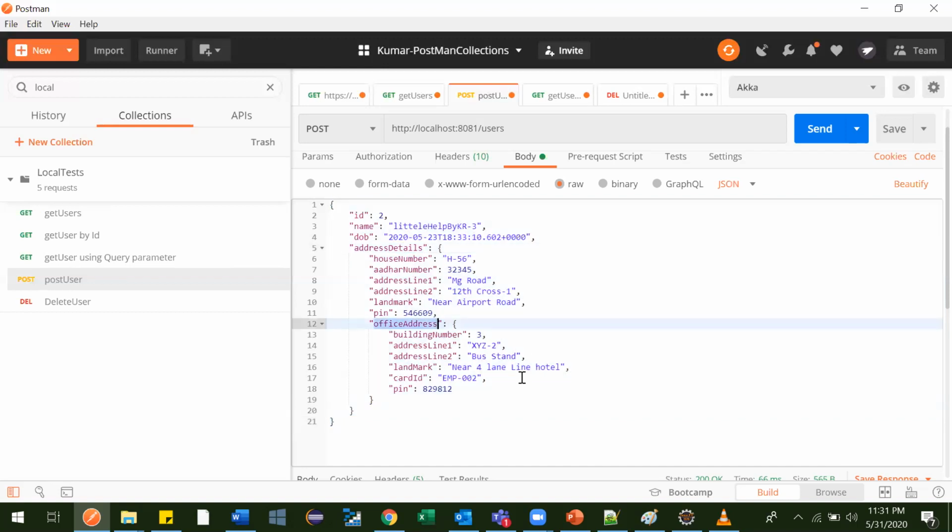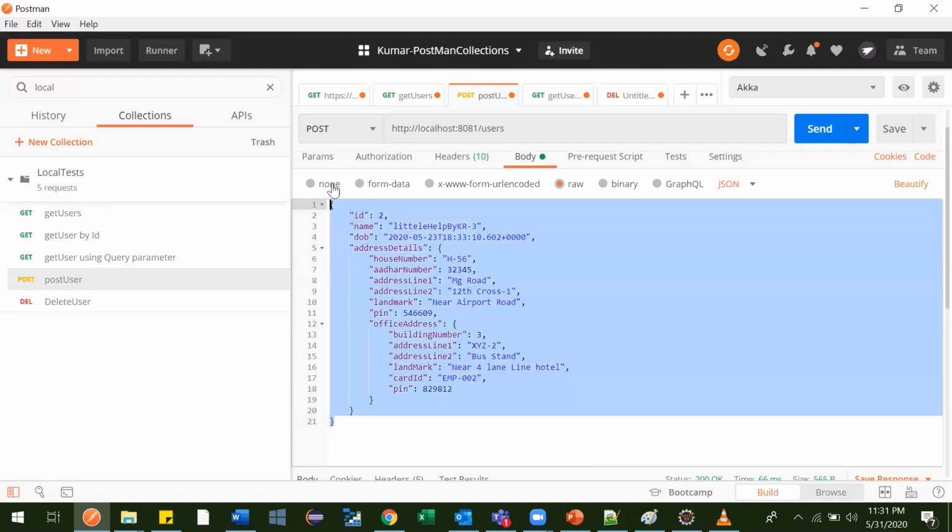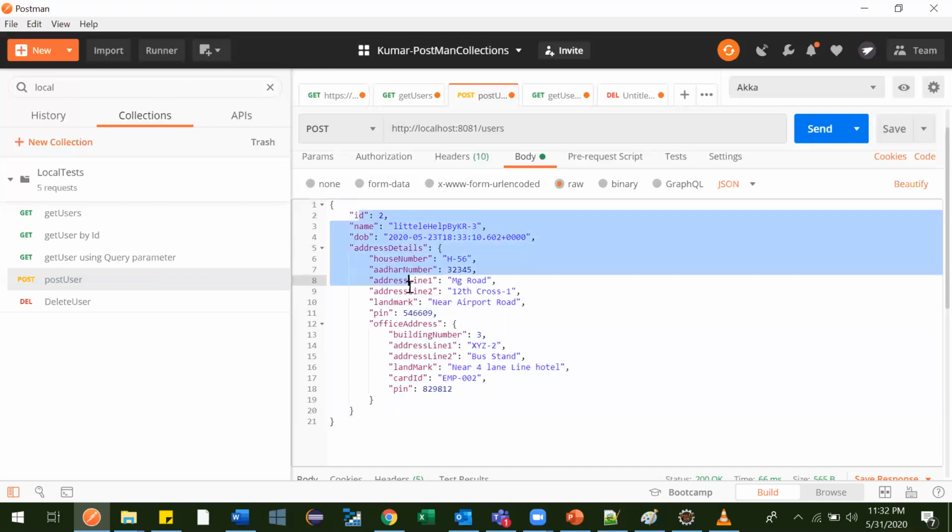Now you will be wondering how we will get to know that we need to send data in this format only. We need to create one JSON object, a sub JSON object, and then create another object inside that object. So these details the developers will provide you. You don't need to know this structure yourself. Developers will tell you. When you provide these details in this structure using this API, it will add data in the database.